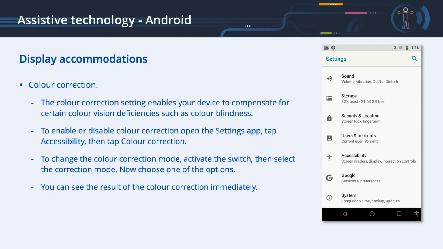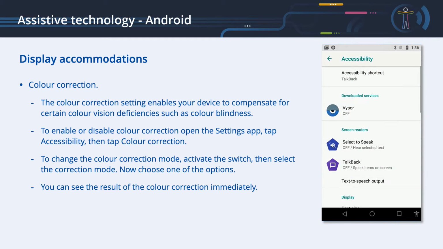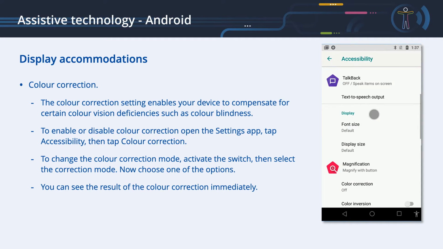Color correction. The color correction setting enables your device to compensate for certain color vision deficiencies, such as color blindness. To enable or disable color correction, open the Settings app, tap Accessibility, then tap Color Correction.